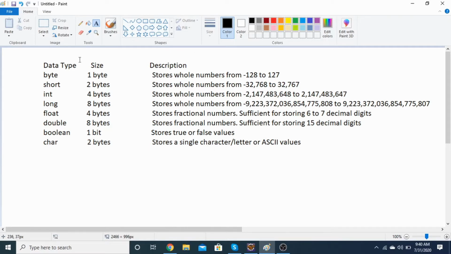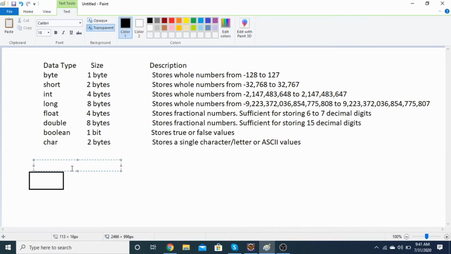So these are the types of data which we are going to deal with throughout our sessions, and data types are the basic subject which we have to have an idea about, otherwise we will not be able to work ahead. Now let us take up an example. I have to store a few numbers and I am taking up 4 bytes of space in my memory. So this is the 4 bytes of space, and 4 bytes are given to int and float.